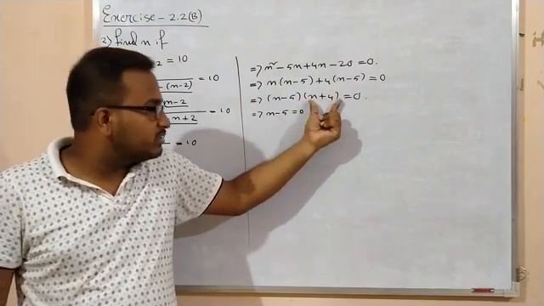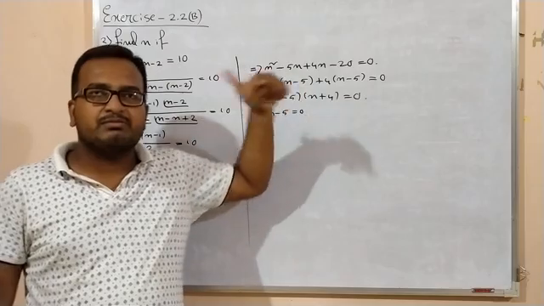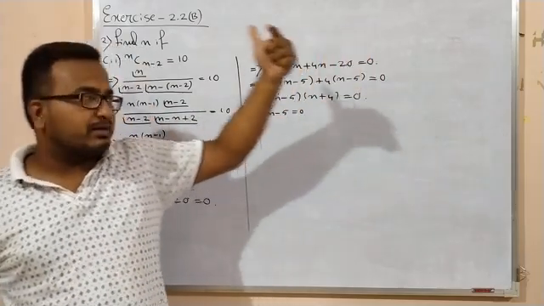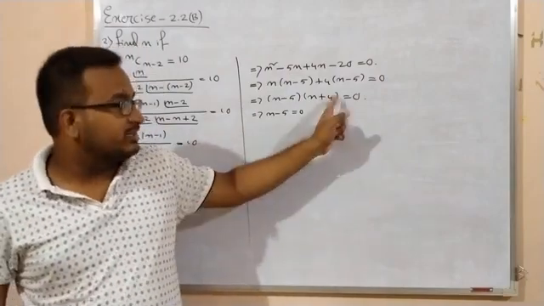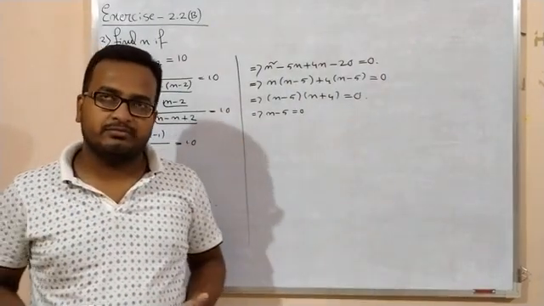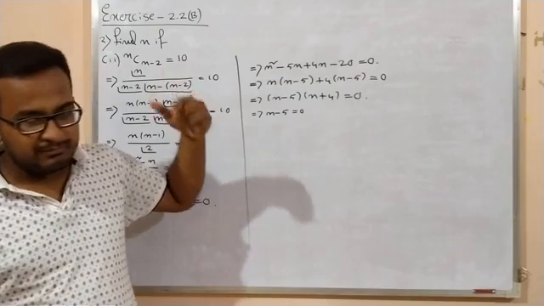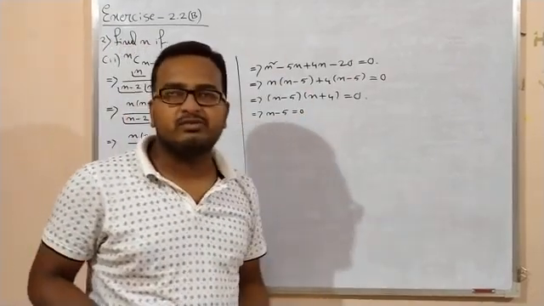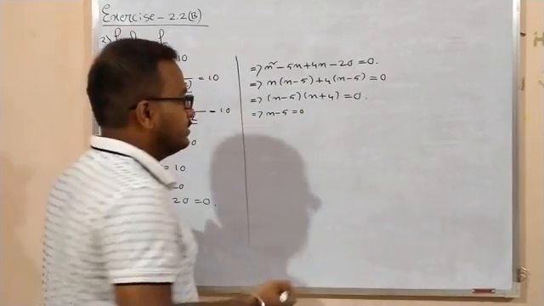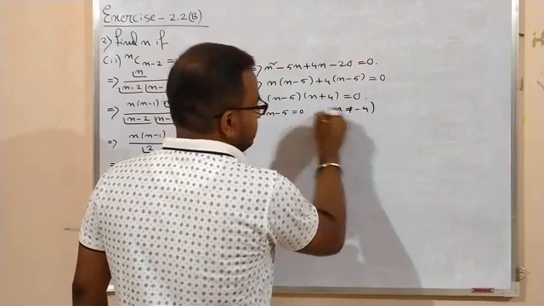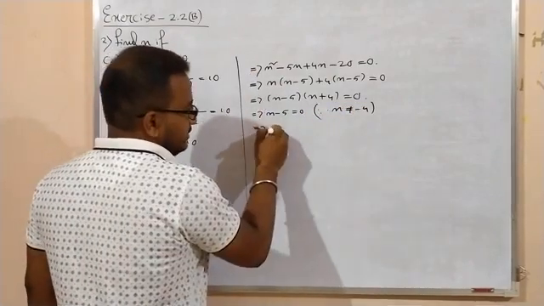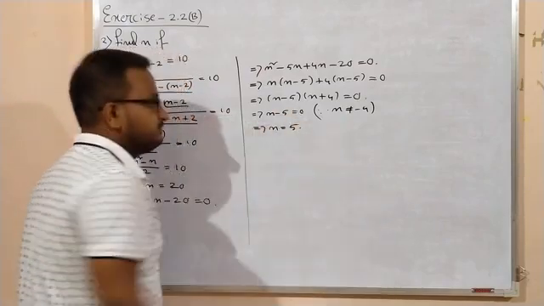Because if you take this is equals to 0, then this n becomes minus 4, right? But already we have learned in the theory of permutation combination that this n cannot be equals to negative, isn't it? It may be 0, but it cannot be any negative number. So you just write here, since n cannot be equals to minus 4, right? So this implies n equals to 5.